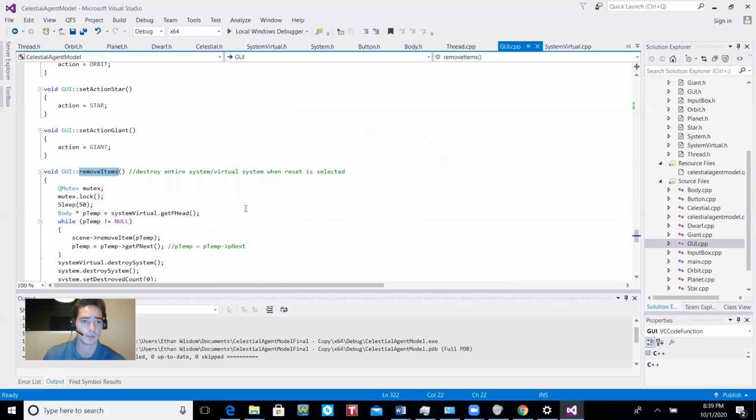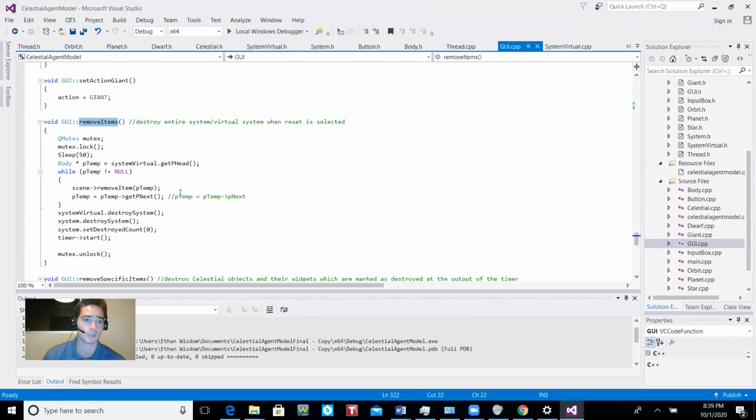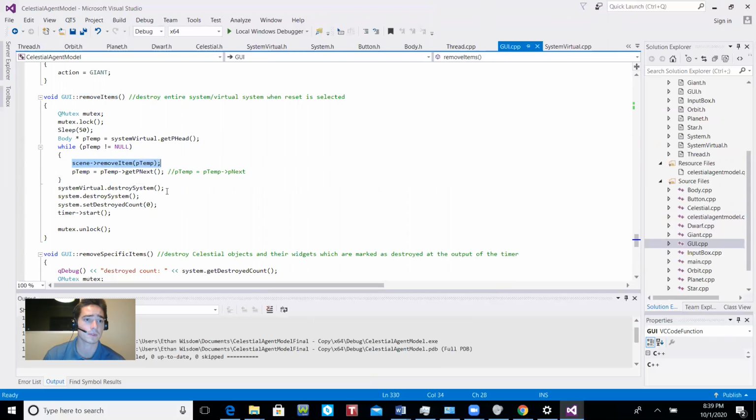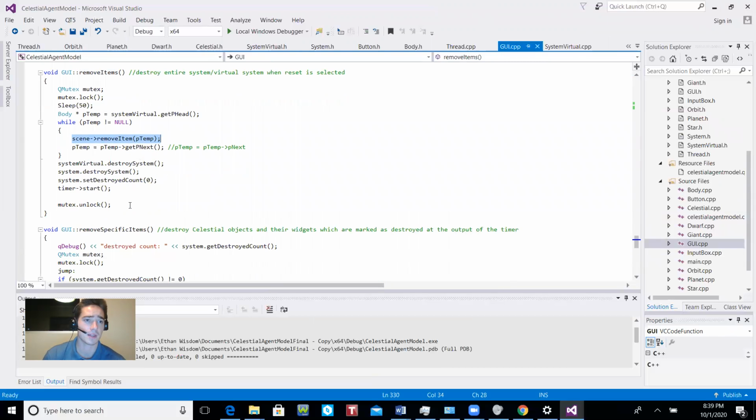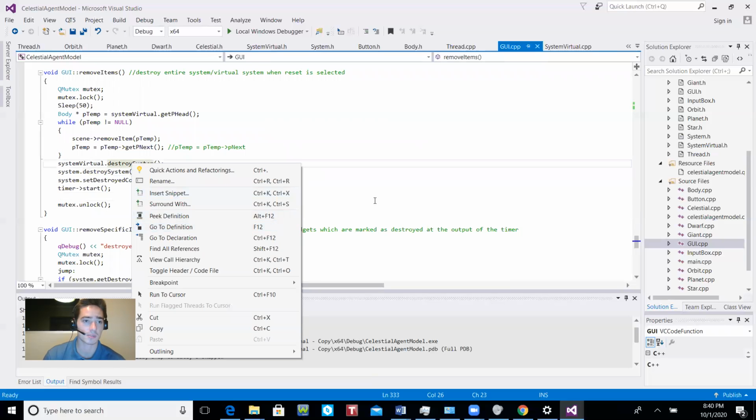And this is fairly simple, where we just iterate through our entire list, remove it from the scene,